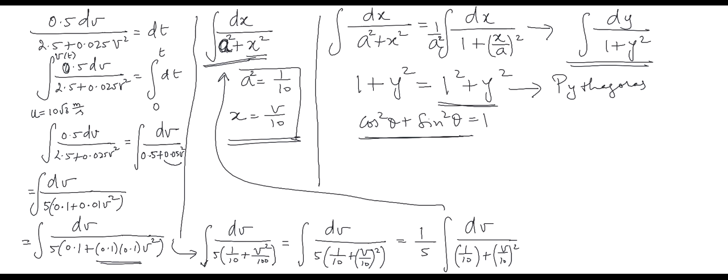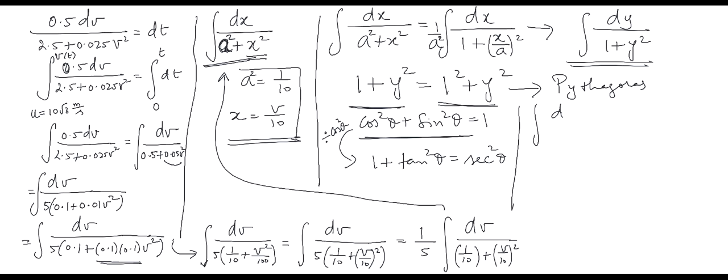Here we have 1 plus something squared, so try to do that. Let's divide this by cos square theta. That will give us 1 plus tan square theta equal to secant square theta. You see that? So that is what we are going to do now. So integral dy divided by